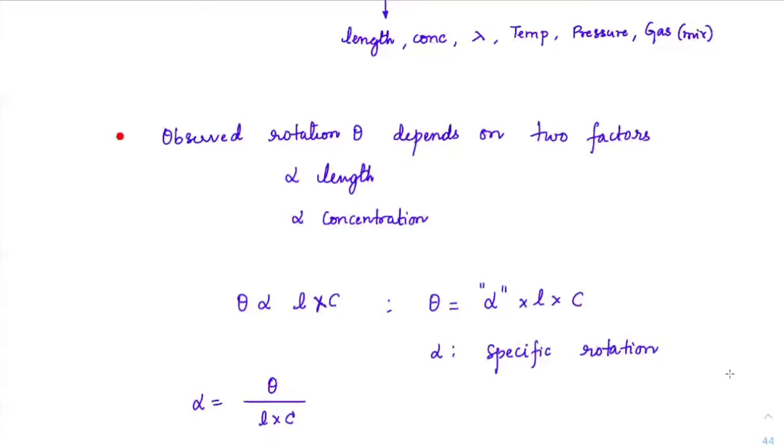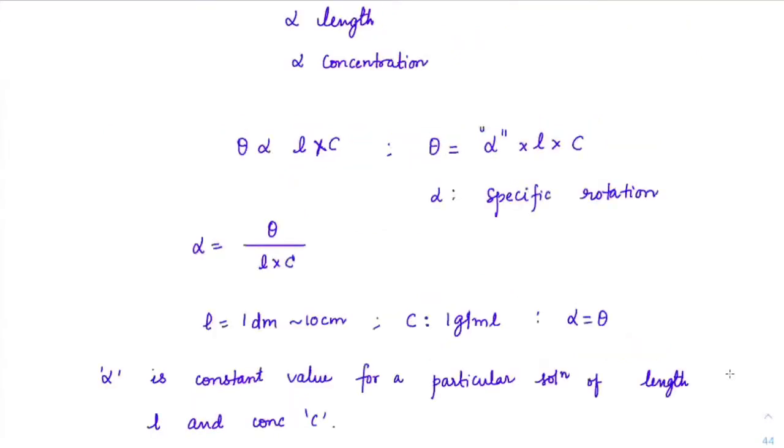Okay. And what is the standard polarimeter which you take? In the polarimeter, the tube length will always be 10 centimeters. That is the standard. And concentration, we always take standard as 1 gram per ml. When you take these two, then alpha would be equal to theta. Is that clear? We will write this length in terms of decimeters. So 10 centimeter is the same as 1 decimeter. So alpha would be equal to theta per 1 decimeter per 1 gram per ml concentration. Everybody understood what is alpha now? Alpha is called specific rotation, and this is how we check out the specific rotation.